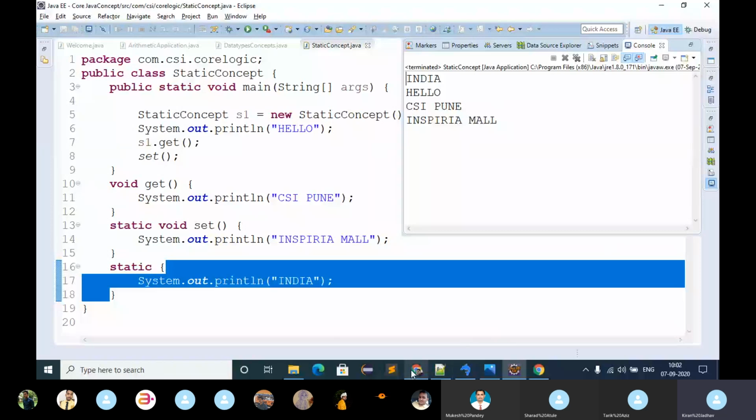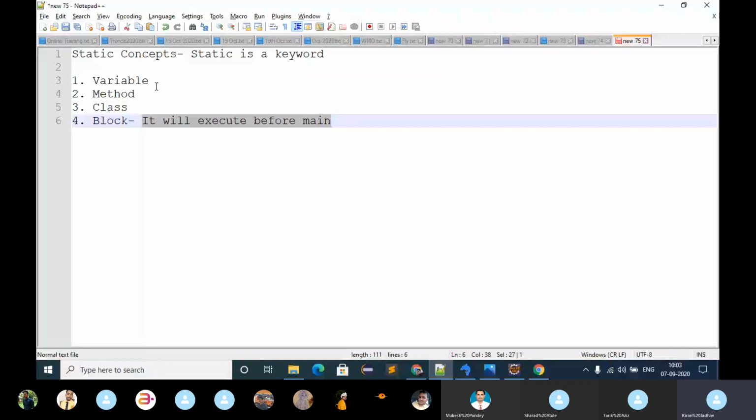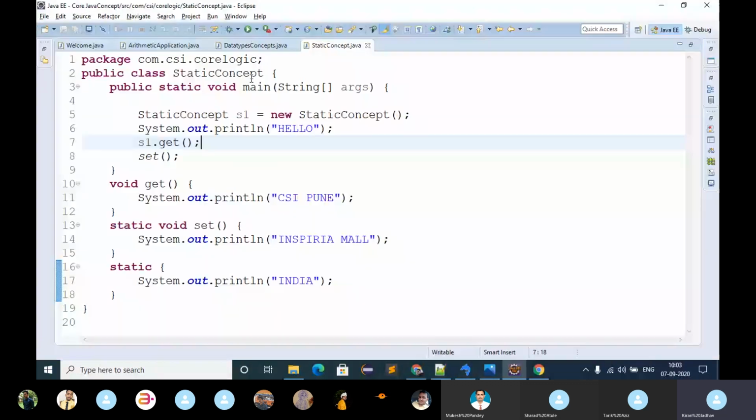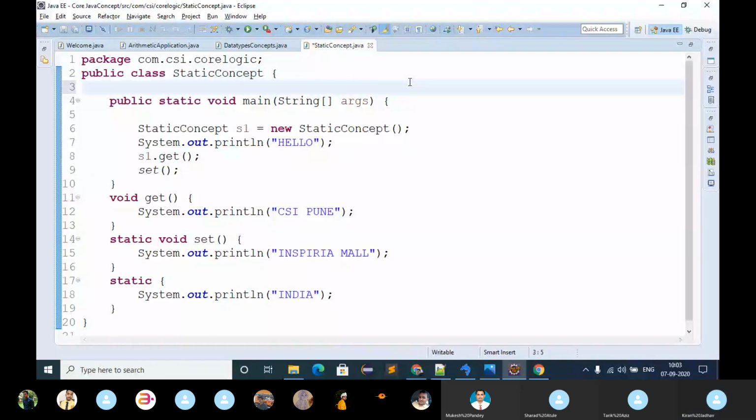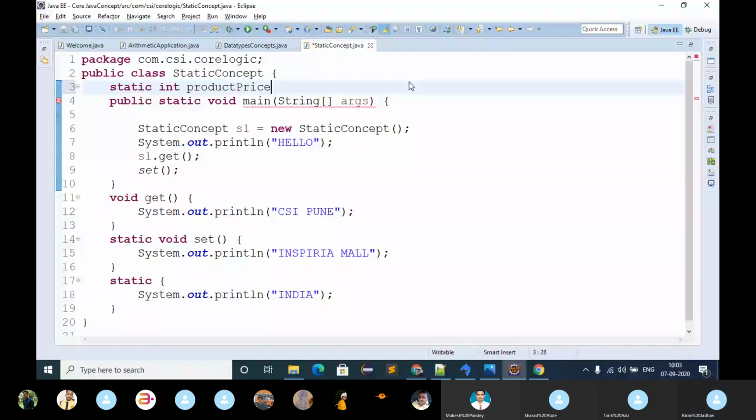Okay, no questions, fine. Then see, here is the static variable, right? See here, I am going to create a static variable as well. Suppose I am going to create a static emp. If we declare static int product price equal to some value, it gives me an error.